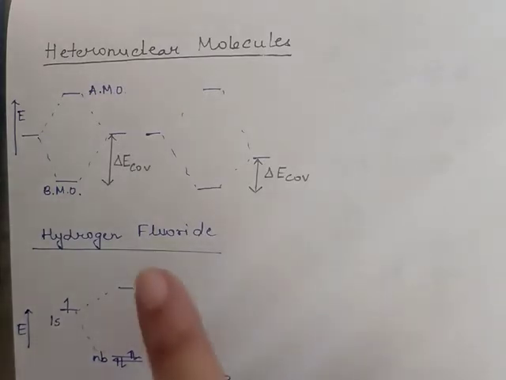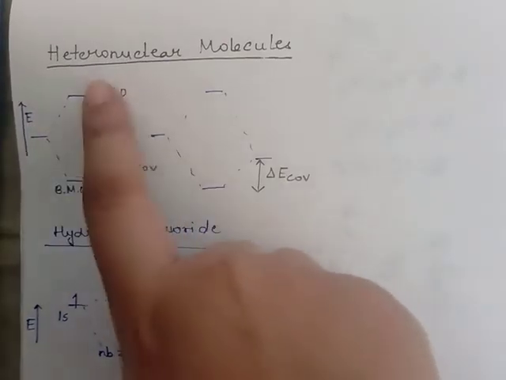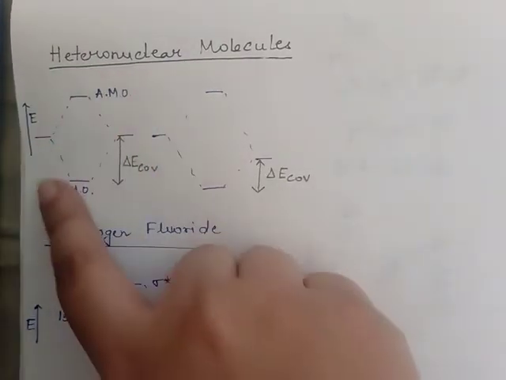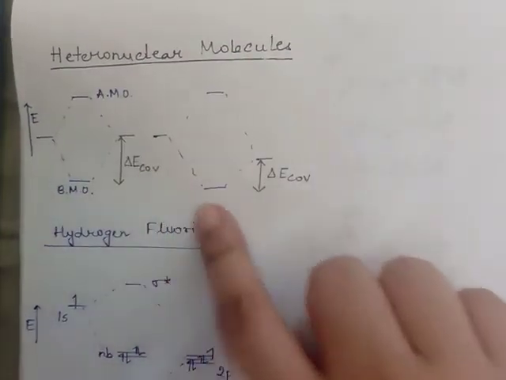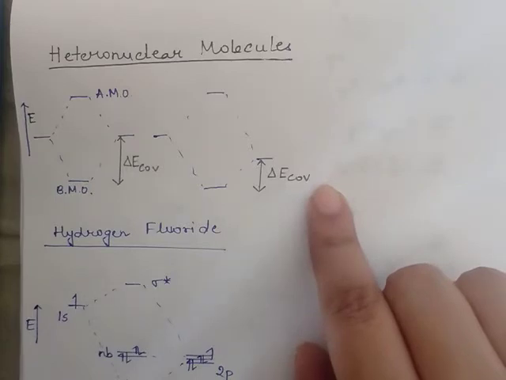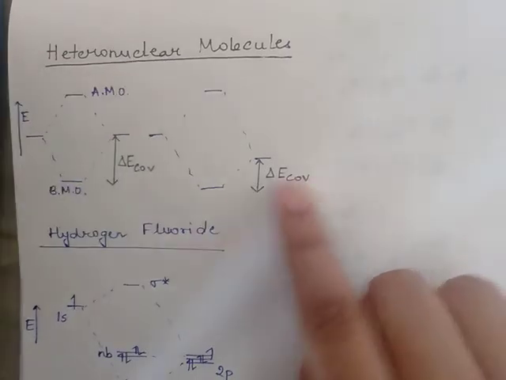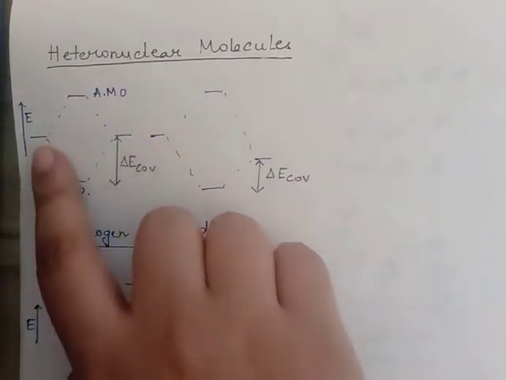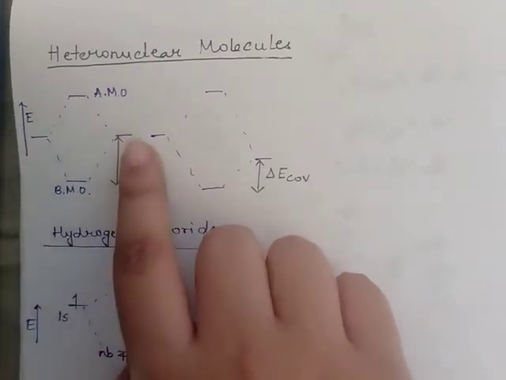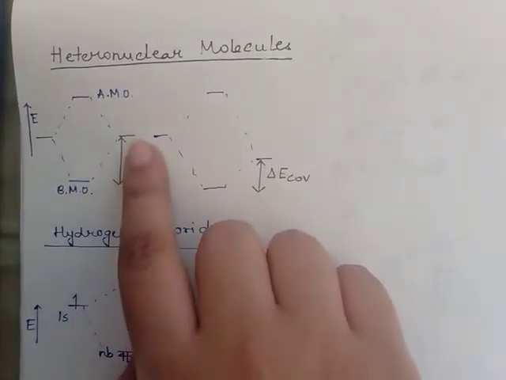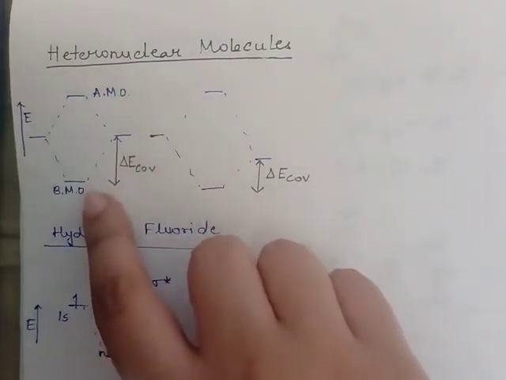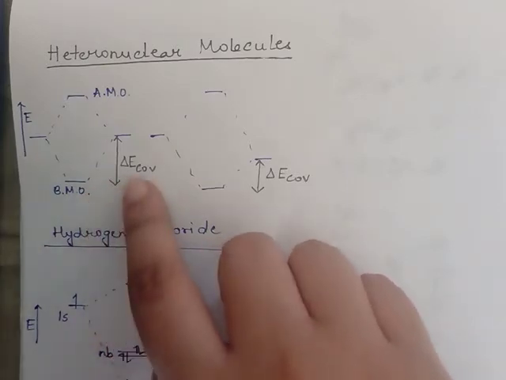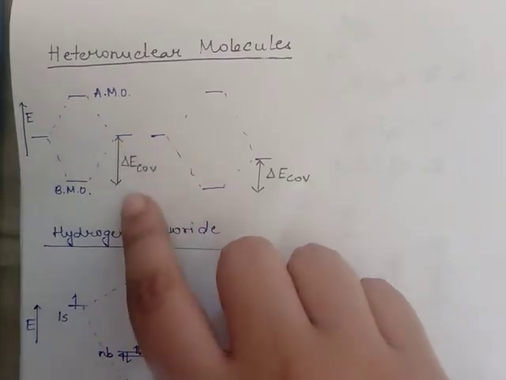Before we go into the details, there is something that we need to understand, that is the covalent bond energy. As you can see in this diagram, this is a molecular orbital energy diagram for a homonuclear diatomic molecule, and this is the molecular orbital energy level diagram for a heteronuclear diatomic molecule. See, in this case where the two electronegativities are the same, the atomic orbitals have the same energy. Here this is the antibonding molecular orbital and this is the bonding molecular orbital. The relative energy of the bonding molecular orbital gives us the covalent bond energy, as has been represented here.